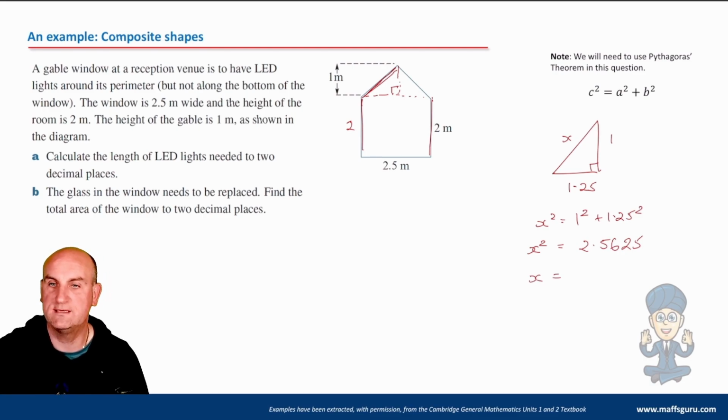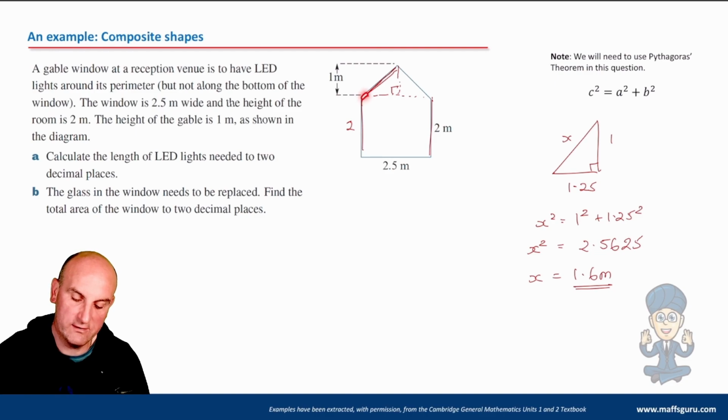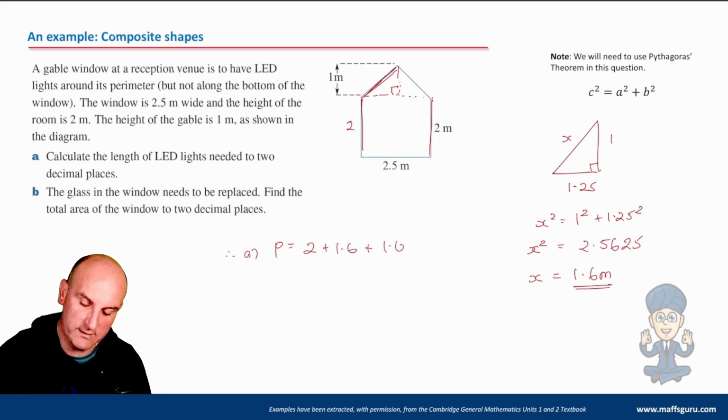And again, there is a video on this, guys, if you don't know what I'm talking about. Gives me, to 1 decimal place, 1.6 meters. Awesome. Well, that's nice. So we now know that that length there is 1.6 and that length there is also going to be 1.6. So therefore, for part A, my perimeter is going to be 2 plus 1.6 plus 1.6 plus 2, which is going to give me